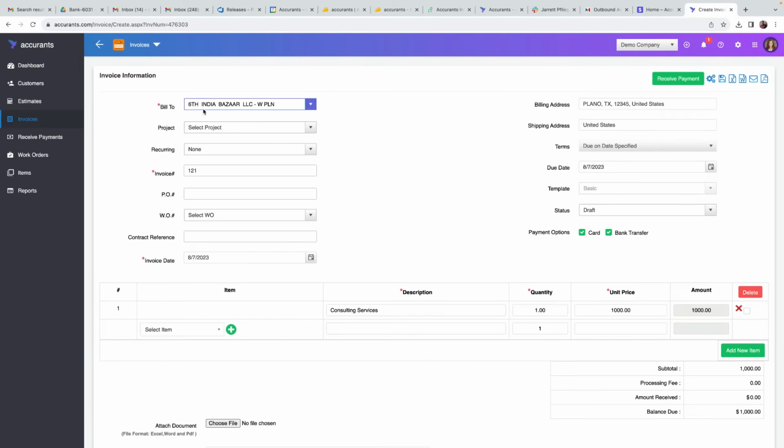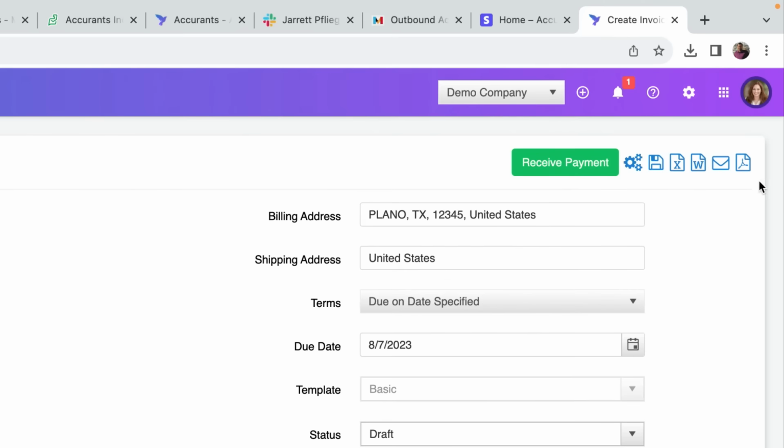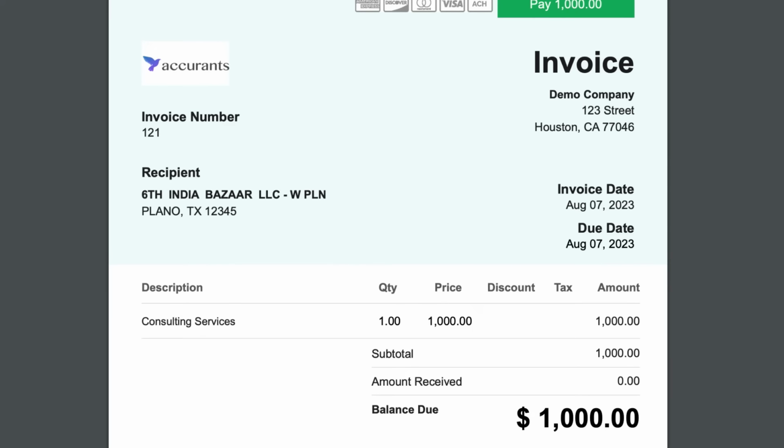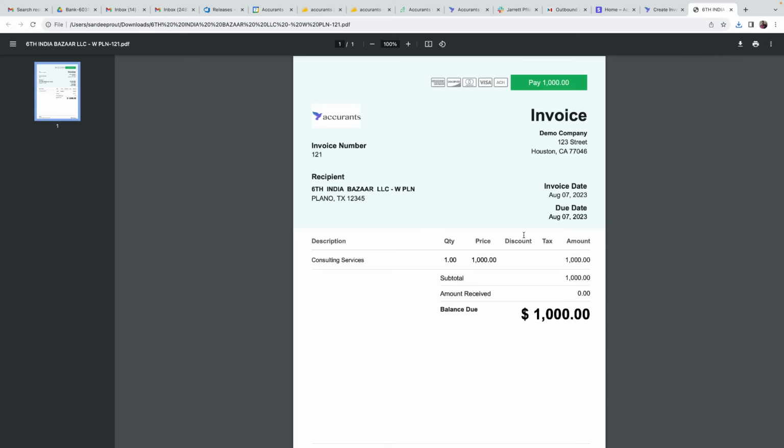If you have an email for this particular customer, you can actually go ahead and send this invoice via email by clicking this button. Or you can make a PDF copy of the invoice by clicking the Export to PDF icon on the top right-hand corner. Once you have it, you can click on it and view the invoice, making sure that the invoice number, the customer name, the company name, the invoice date, the due date, the types of product and services that you are selling, the quantity, the price, all are looking correct, and then,